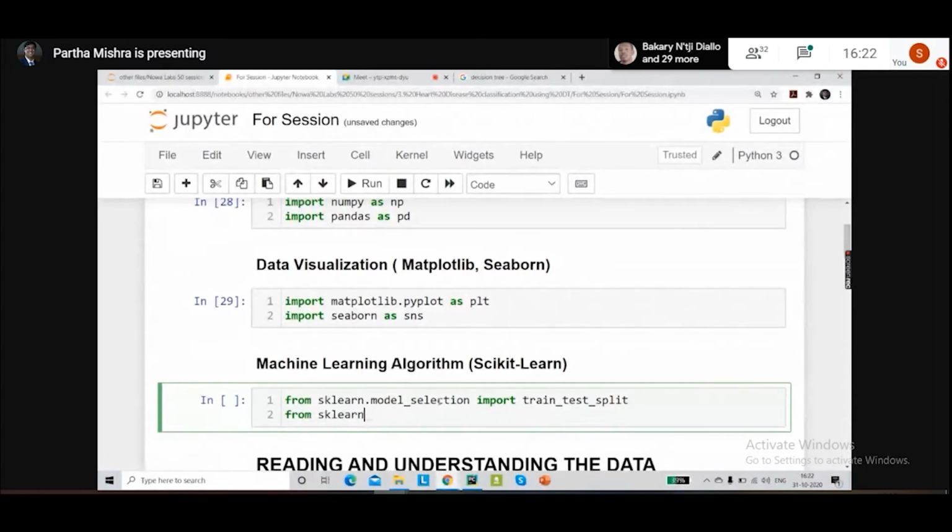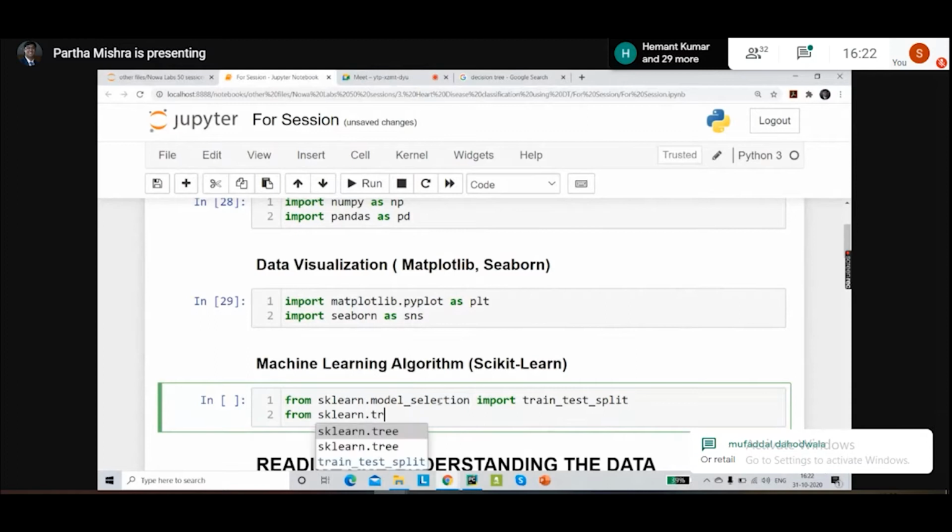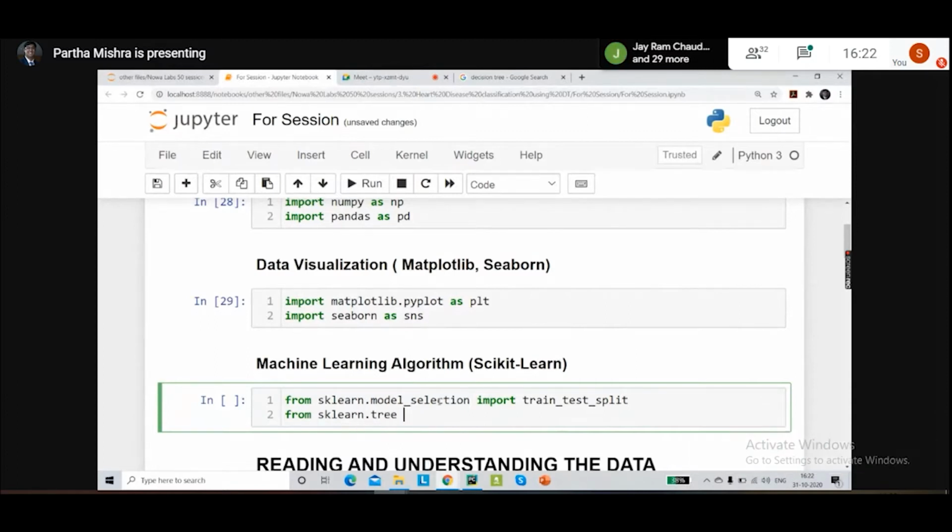Here also we can do the same thing. This particular decision tree classifier is from the tree family. So sklearn.tree will have this particular information for us. So from sklearn.tree, we need to import DecisionTreeClassifier.